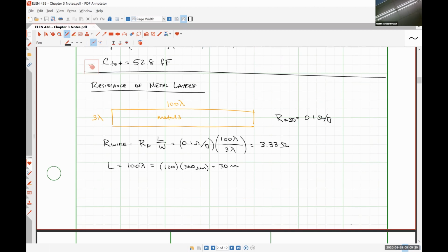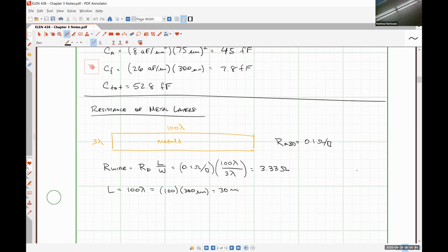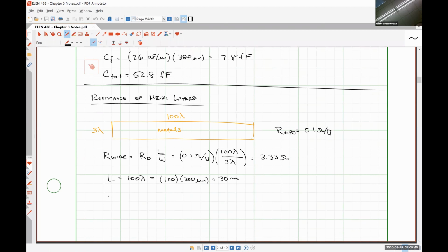And again, it's metal 3, so we can use these area capacitance values of 8 attofarads per micron squared for the area and 26 attofarads per micron squared for the fringe. And so what we should find is that the capacitance of our wire